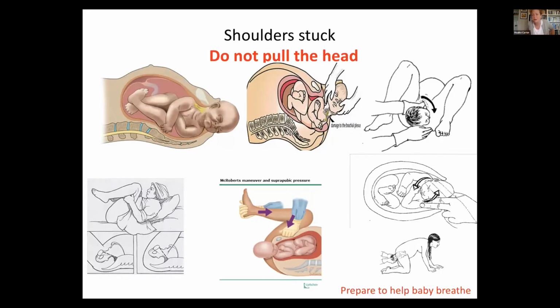If you are unable to do this, you might go to the baby's anterior shoulder and arm, and you either try and turn the shoulders so that the baby changes its position and you free the shoulder, or you try and deliver the posterior arm. If you can, with your fingers, hook,